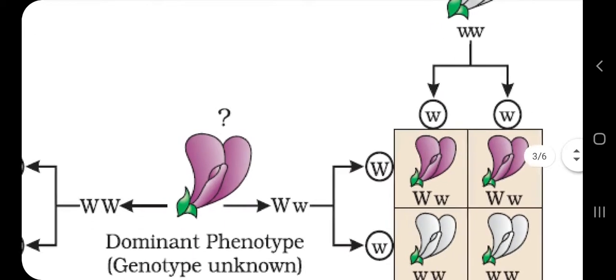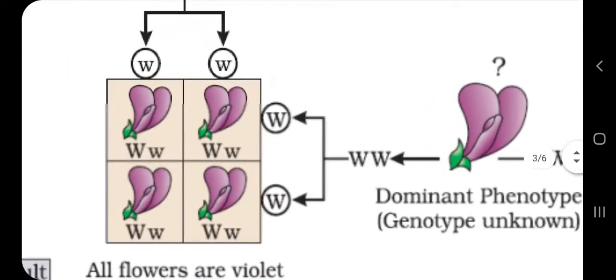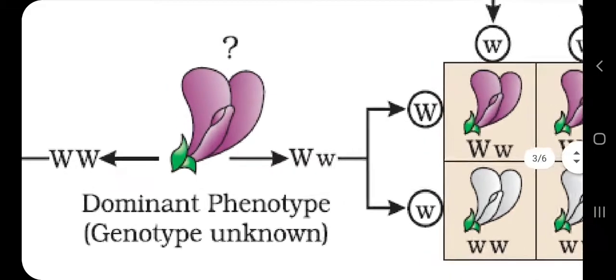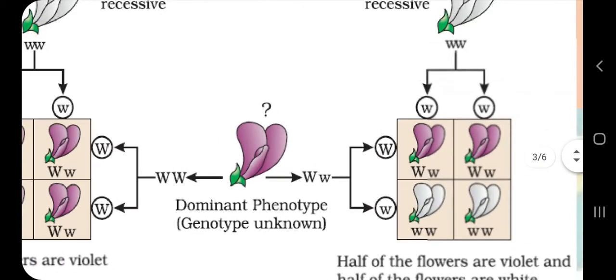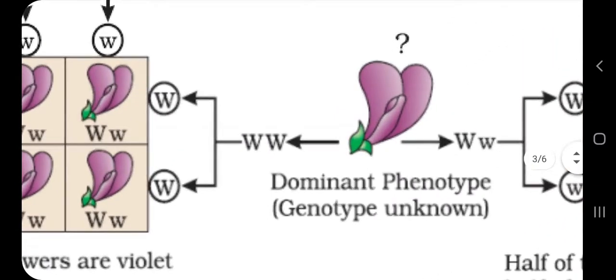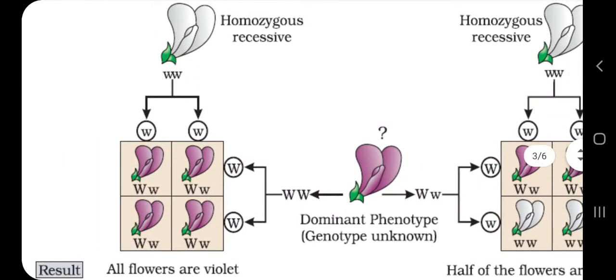If all the plants are violet in the next generation, then this plant is homozygous. If all the plants are not violet, and some are violet and some are white, then this plant is heterozygous. How can we conclude this? Because of the simple terms we have learned in monohybrid cross, the gamete formation. If it is homozygous, it will look like the monohybrid cross we have learned, one pure breed purple and another recessive homozygous, and the result is the same as the F1 generation in that cross.